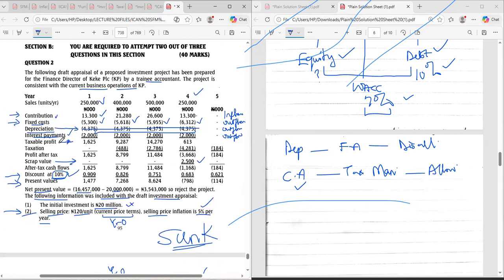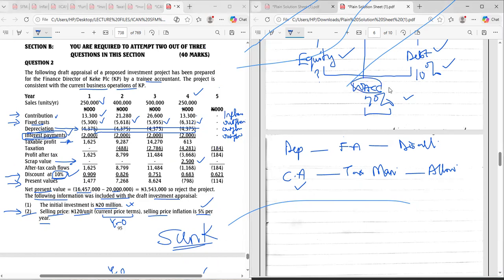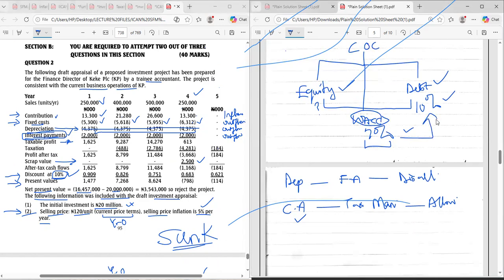But one more thing, let's take out interest payments. Take it out. I don't need my interest payment since I'm already using the weighted average. My rate has already taken charge of the debt, Abby. So why am I putting interest payment again? Do you get what I'm trying to say? My rate has taken care of debt and equity. And what do you pay to debt holders? Interest. And now the accountant still came again and put interest payment. Why are you double counting?